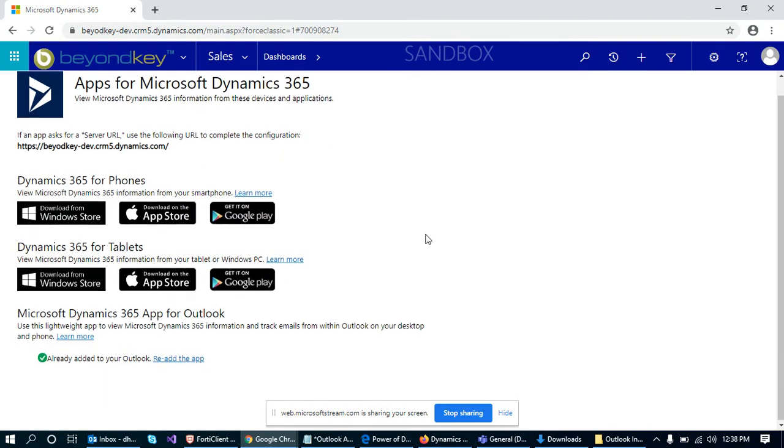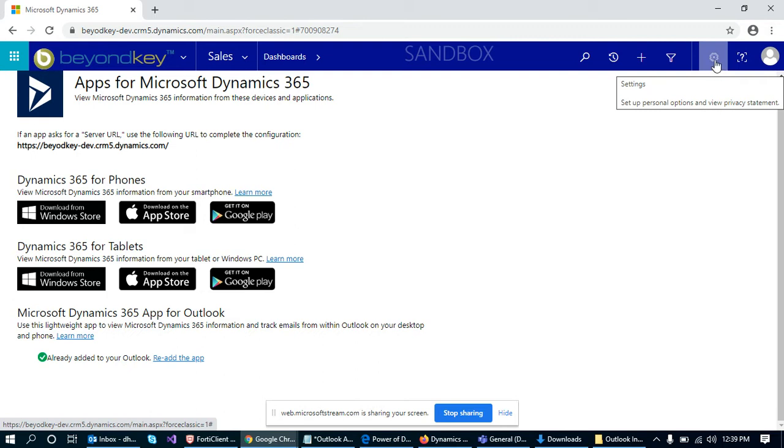Once I click on this, since I have added this add-on earlier, I can, if I want, re-add the app. But the normal process is to click on the settings icon.